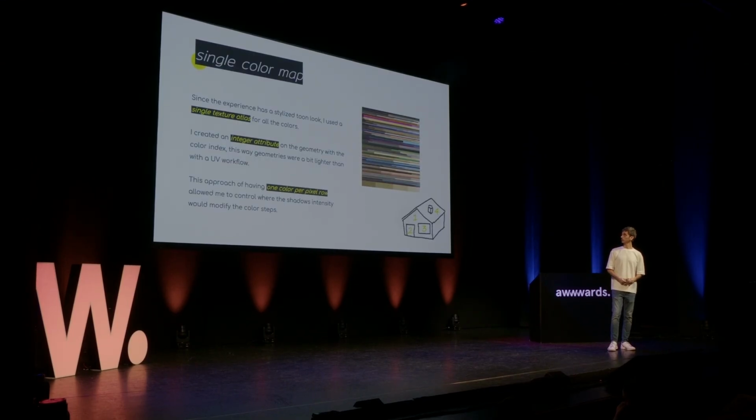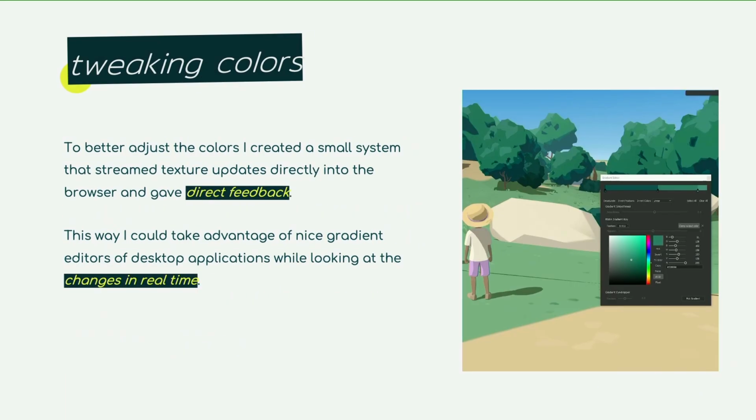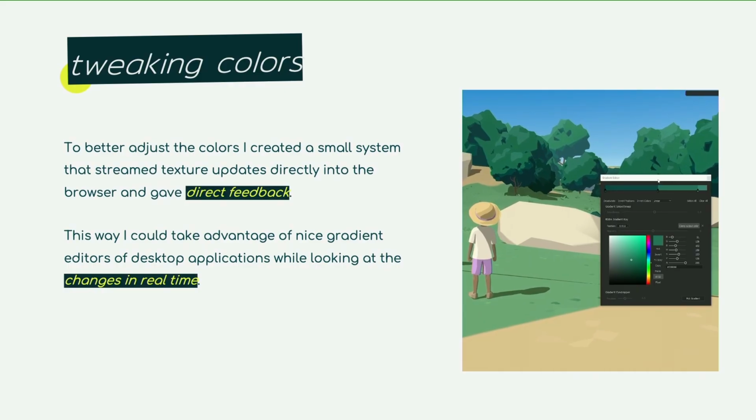Texturing, workflows, and color. I use a single texture, as you can see here on the right. All the colors of the experience are in that small PNG. And I just say number 1 is this color, number 2 is this color, and that's how I colored the whole experience. I made a tool,